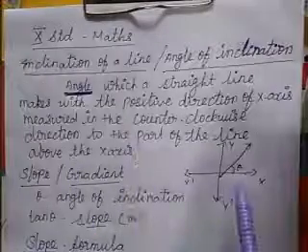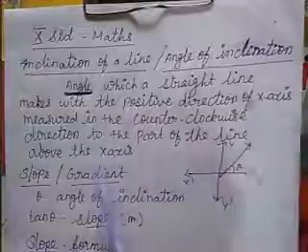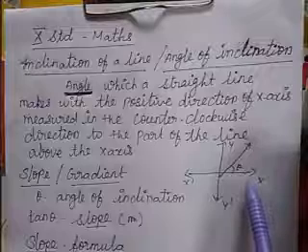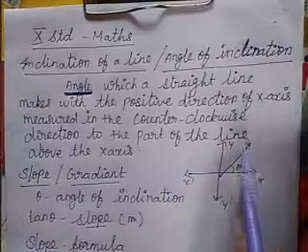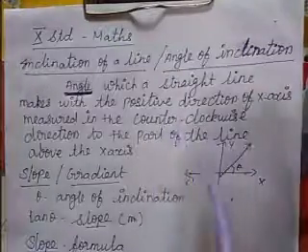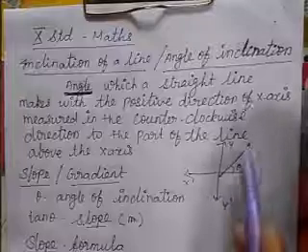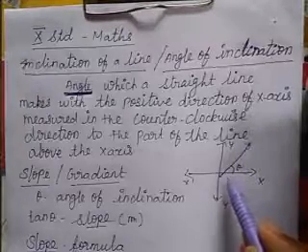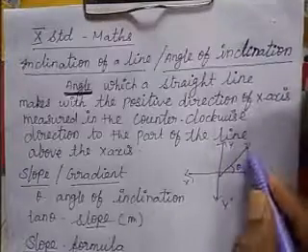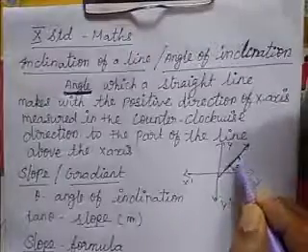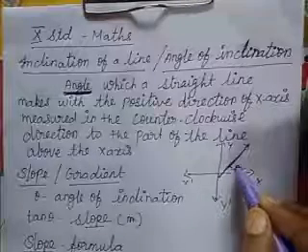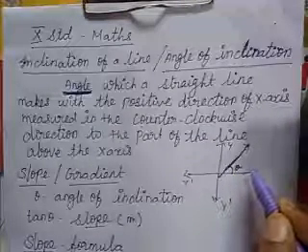I will explain from the figure. See the figure. Which line is above the x-axis? Above the x-axis means the upper part of the x-axis. Counterclockwise means anti-clockwise, that is this direction. So the line makes an angle going in the positive direction. So I put the line this side. This angle with the positive direction is theta. This theta is called the angle of inclination.